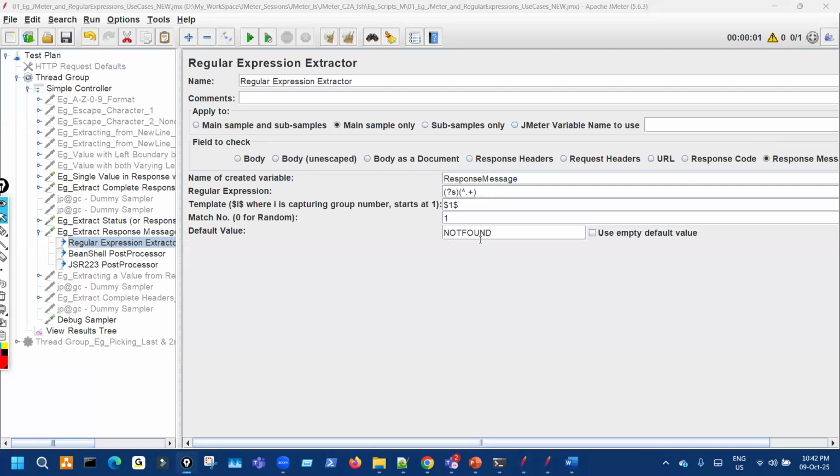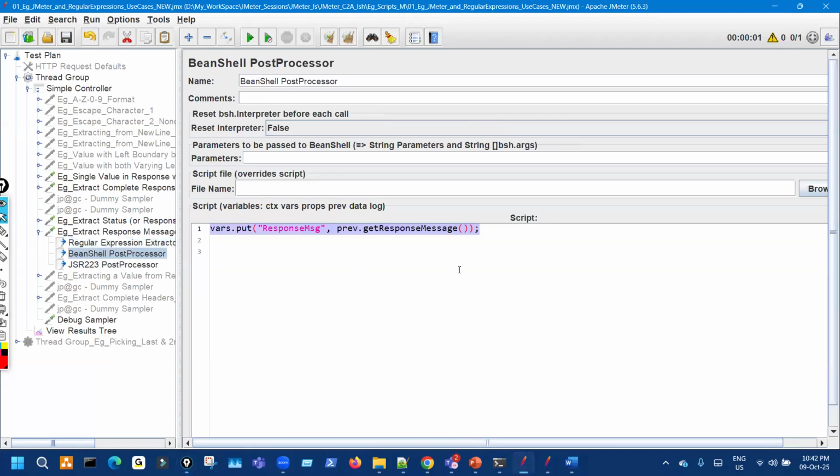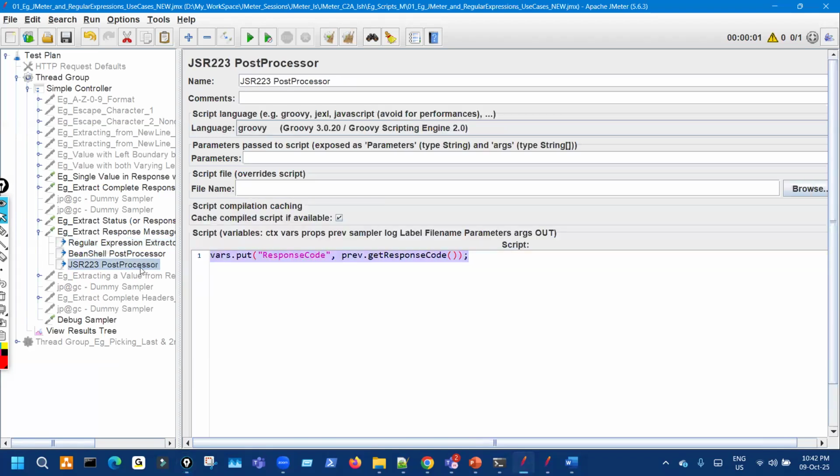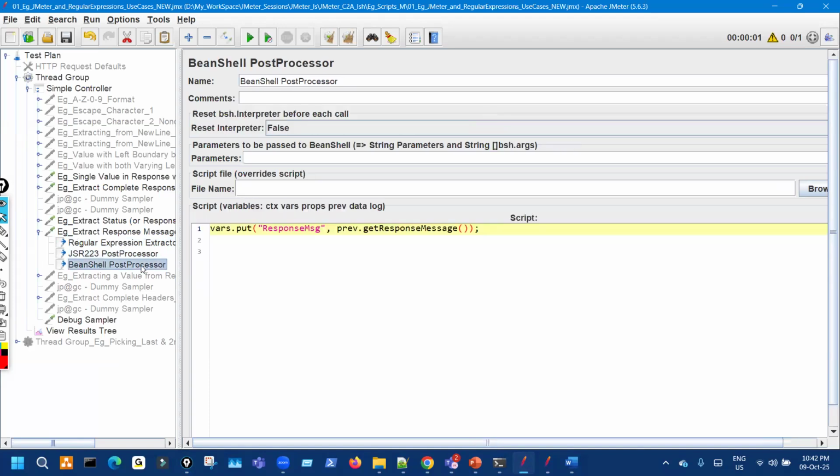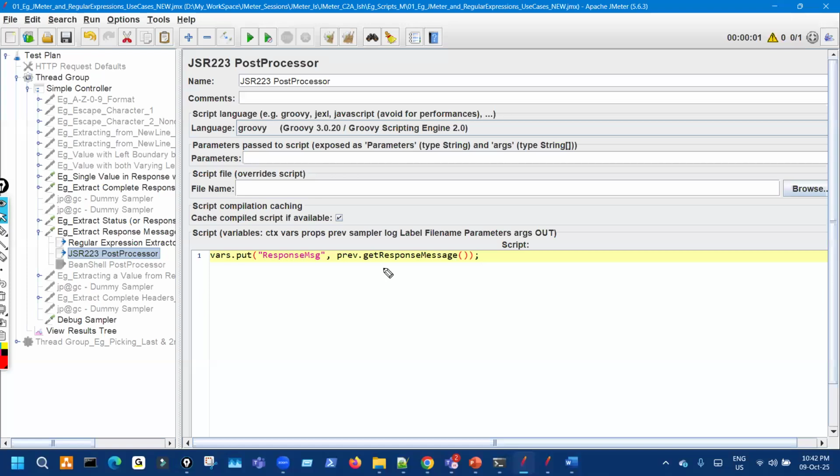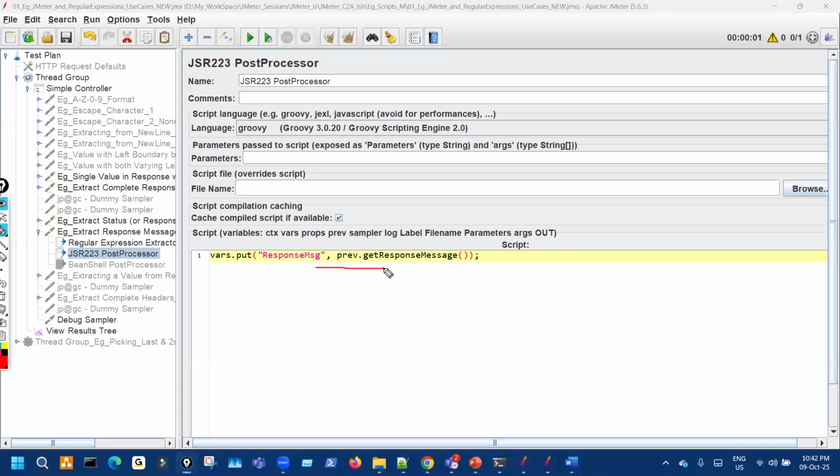Or the next one is the code. Okay. So code, which is inbuilt code, right? So as I said, four such functionalities are there. It's code. Why I'm saying it's a function, right? Function is what? Coding. In coding, a function is a module only, a set of code. So this is very simple. If you read prev.getResponseMessage, it means previous dot get response message, and put means first get the response message and put that in this variable, right? So this is a variable name. Variable you can change it, right? So it will read out and store in that. And